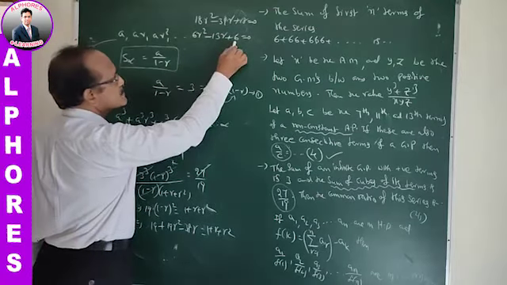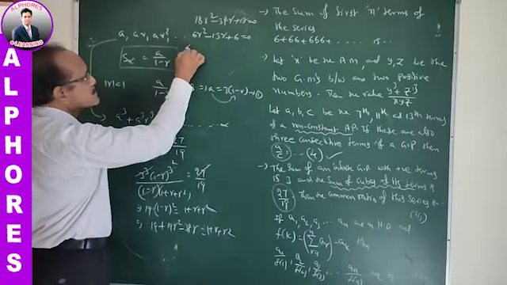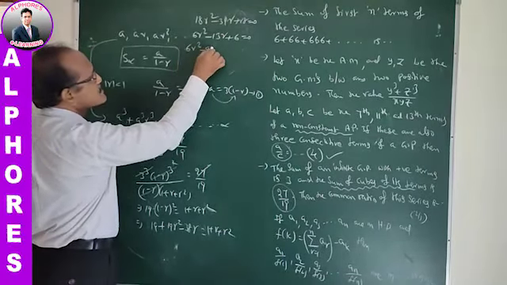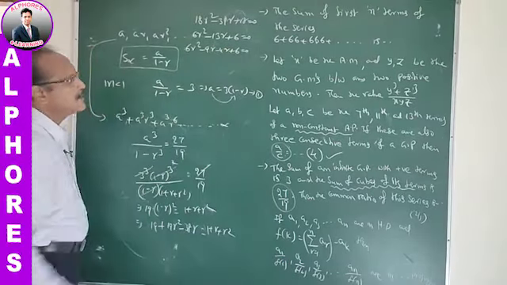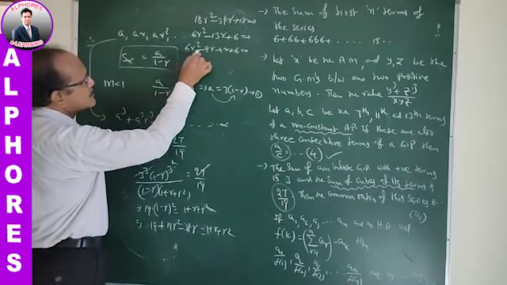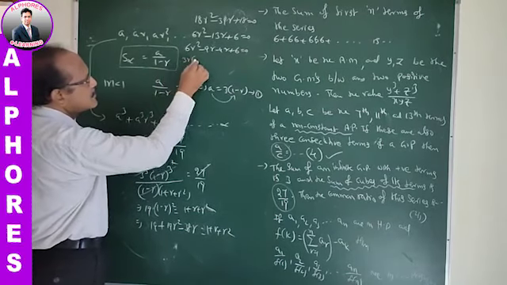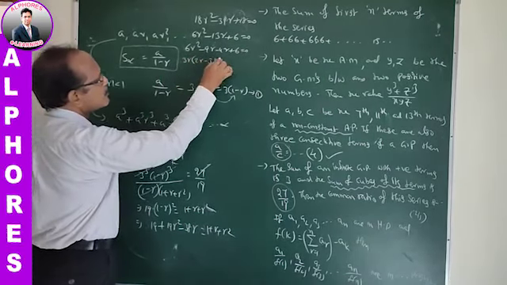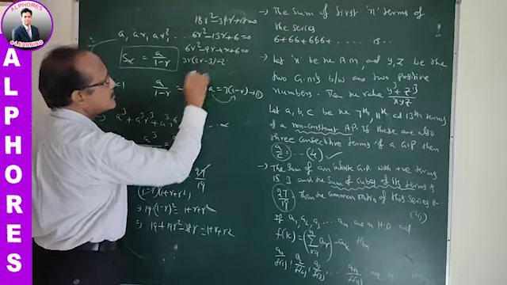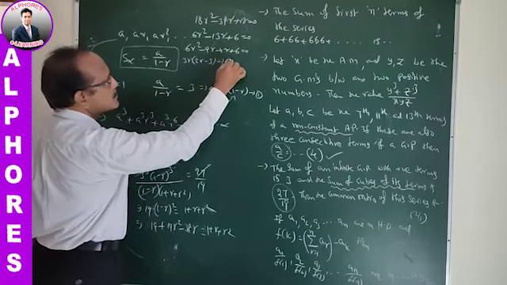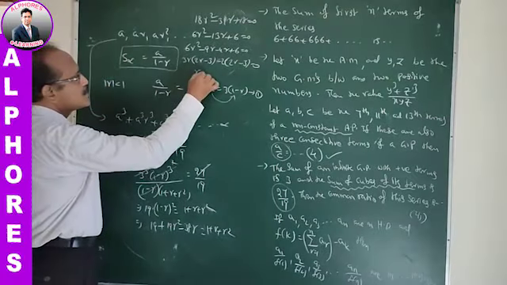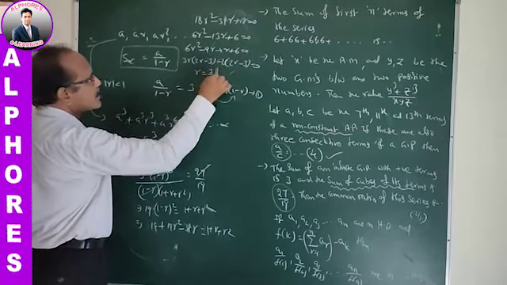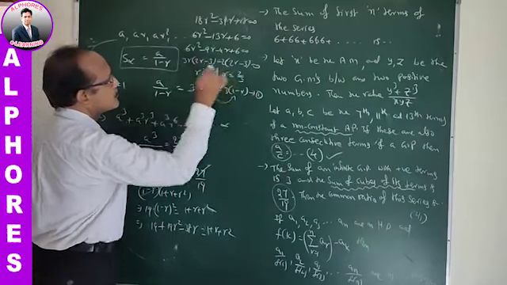6 6 36, 4 9 36. So the factors: 6R square minus 9R minus 4R plus 6 is equal to 0. On factorization, 3R gets common and 2R minus 3 is common, minus 2 is common, that is (2R minus 3)(3R minus 2) equal to 0. That is R is equal to either 3 by 2 or R is equal to 2 by 3.